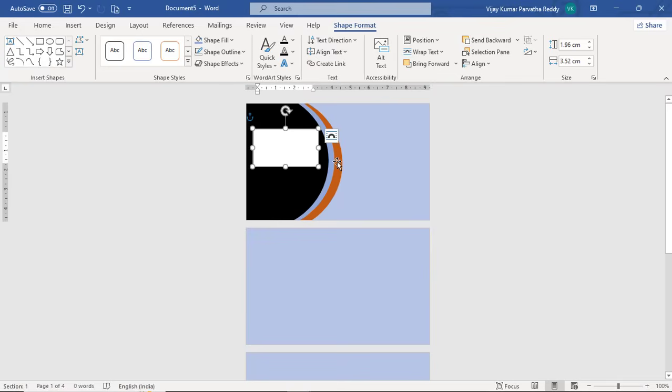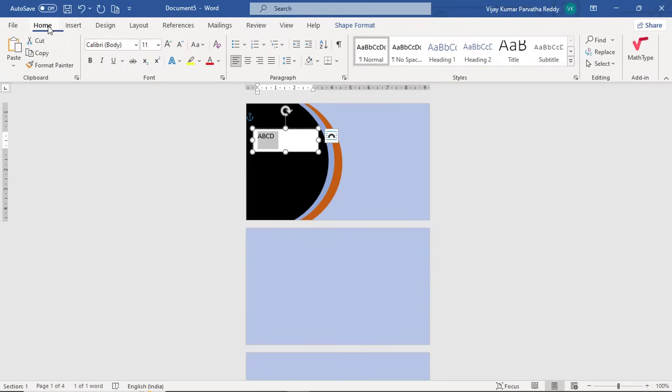You can enlarge these shapes up to your requirement. Suppose here I am typing A, B, C, D something. The company name you can type, and you can make this center,